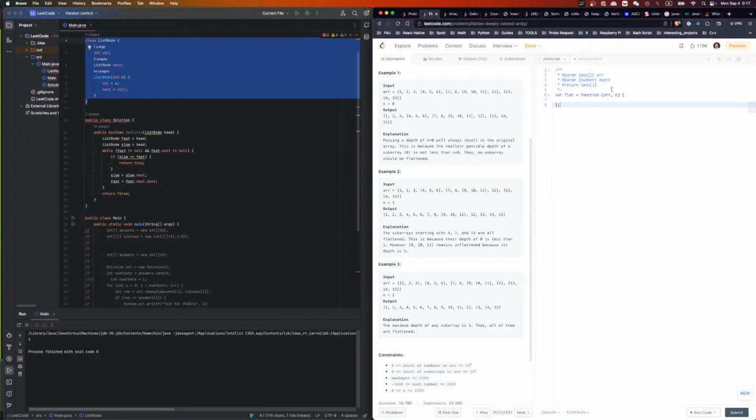Current depth. So if the current depth is larger or equal to n, then we just return it by itself. If it's smaller than n,